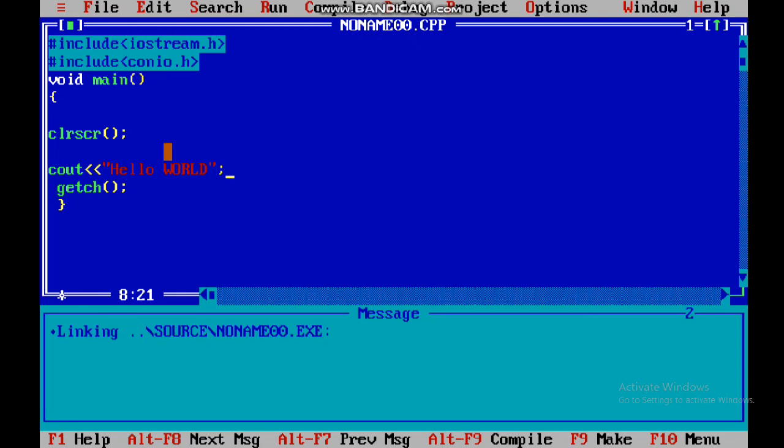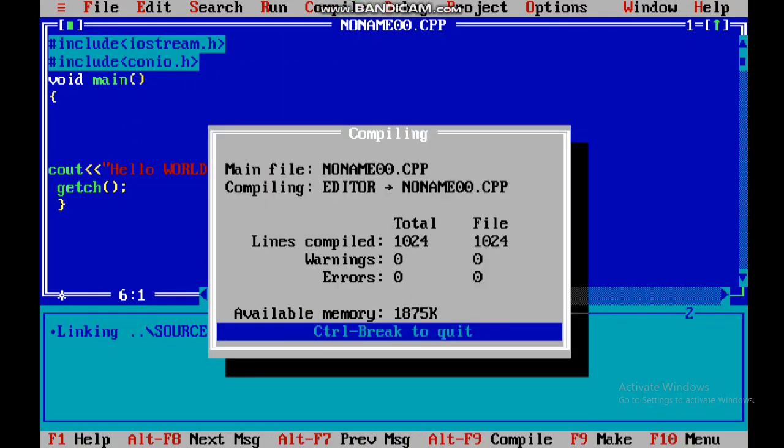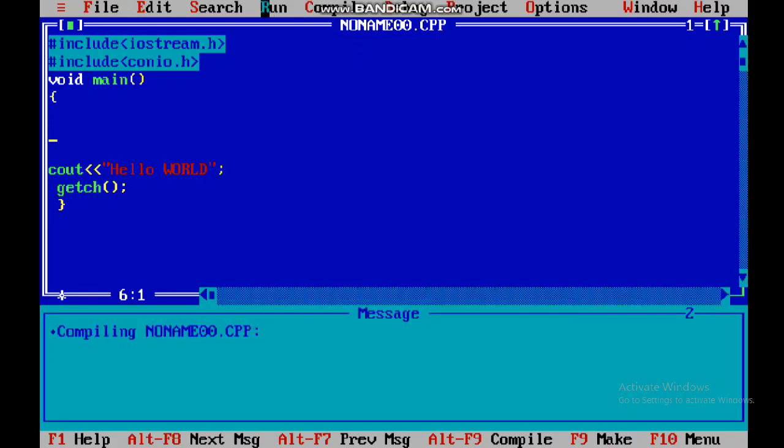Now we have discussed that I will show you what will happen if you do not write this getch, and we shall also see if I don't write this clrscr. First we'll see if I don't write this, what will happen. Compile, no error, and then run. See, hello world is written 2 times. One is the previous output, children, and the other one is the new output. You can see it is on the same line, which we will discuss afterwards, but you can see the previous output is also there. So you are not able to make out which one is the fresh one.